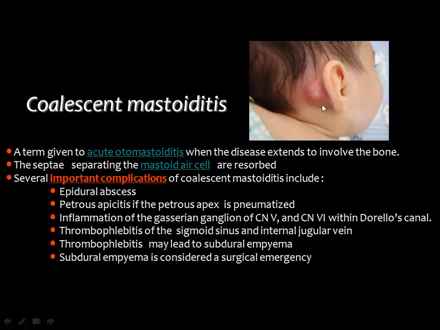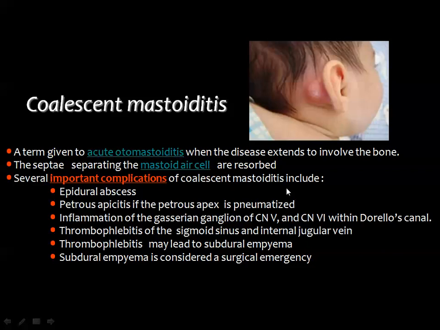It will affect the outer wall of the mastoid, leading to the formation of retroauricular inflammation, and also involvement of the medial wall of the mastoid may lead to intracranial extension of the inflammatory